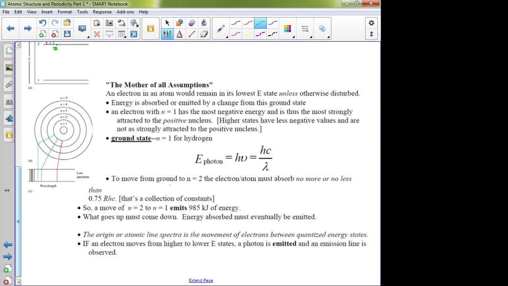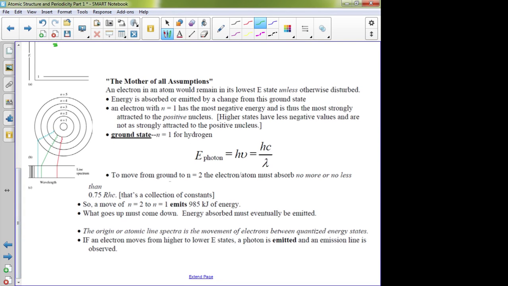So, you made the assumption, the mother of all assumptions, but it is true: that the electrons stay in the lowest energy state unless we disturb it. If we disturb it, we can get it to change its energy level. Where n is equal to 1, it has the most negative energy, because we assign negative values as attractive forces. Is the negative electron attracted to the positive nucleus? Yes. So the ground state has the most negative energy, and when we excite it and move it